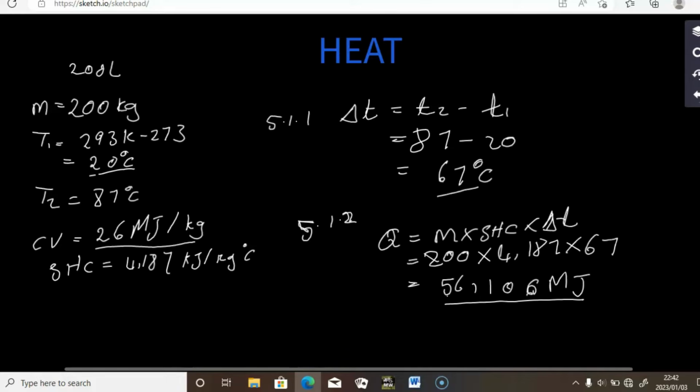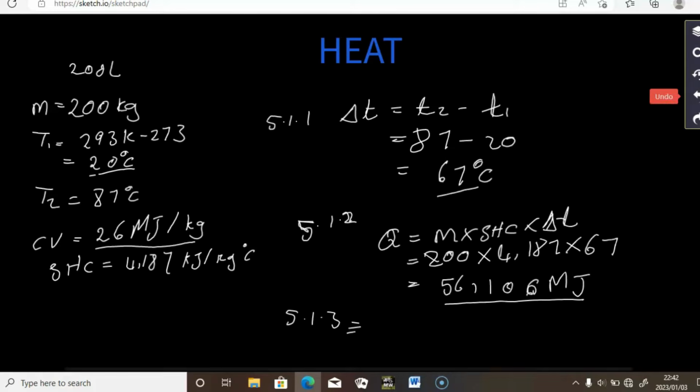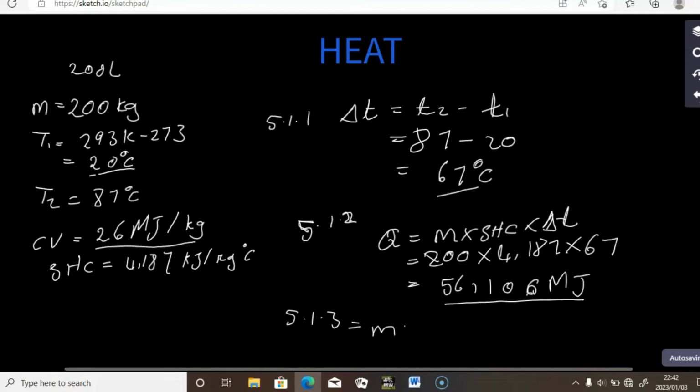This is the total heat energy that we received from the coal. So what we are going to do for this question is say the mass of the coal. They say the quantity, which is the mass. The mass of the coal